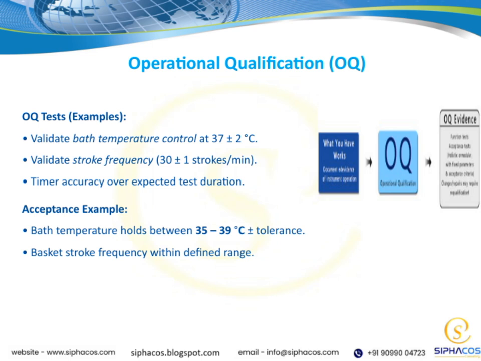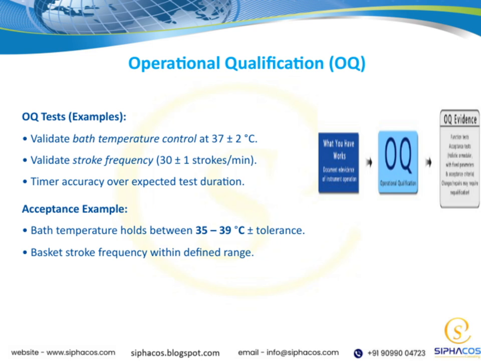Another important test is checking the stroke frequency, which should be around 30 strokes per minute, with a tolerance of plus or minus 1. Ensuring this consistency is vital for reliable operation. We also need to verify the timer accuracy over the expected duration of the test,